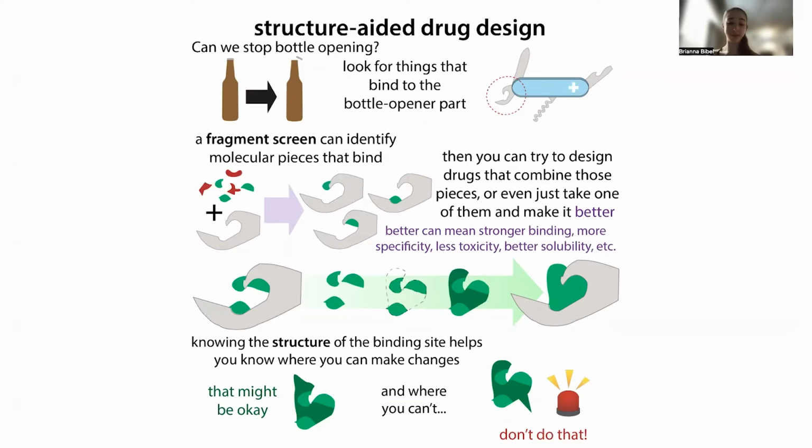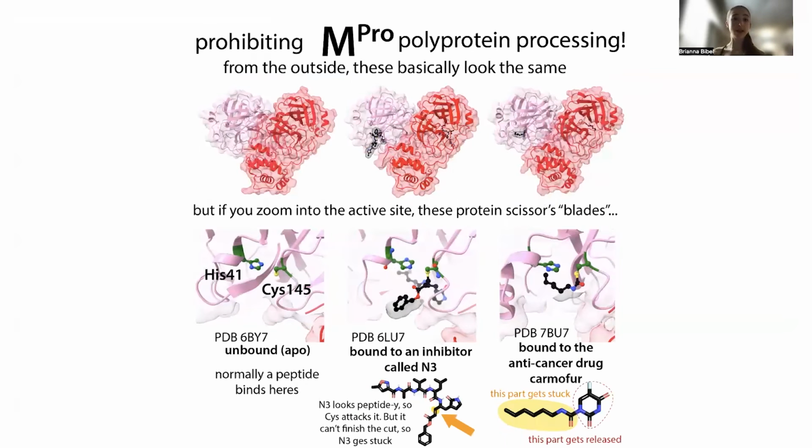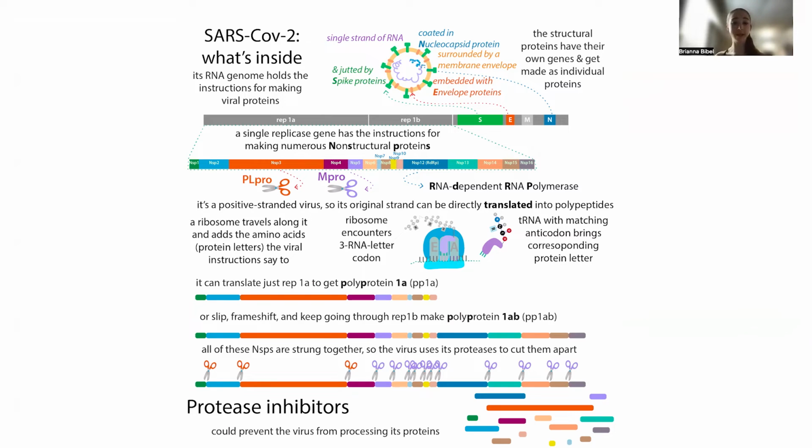So for example, going back to our coronavirus example, there's this protein. It's a protease, the main protease of this coronavirus. It makes this long polypeptide where it has a bunch of its proteins connected together, and then it has to cut them apart. And it does so using this MPRO. And so it's a target of some